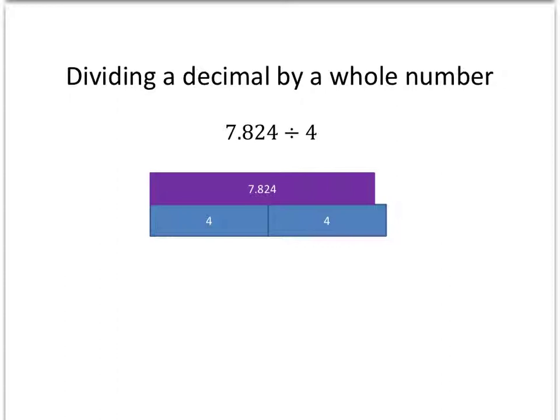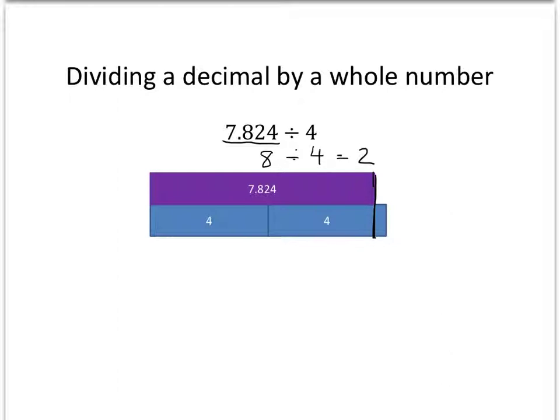If you take a look at the diagram here, the purple rectangle represents an amount of 7.824, and when we say divided by 4, what we're saying is how many times can we fit 4 into 7.824. If you look at the diagram, 4 fits in not quite twice, so it goes in 1 and something times. So what we can do is this. First of all, to see if we've got the right answer, we should round and give an estimate for this calculation. So 7.824 we can round to 8 divided by 4,